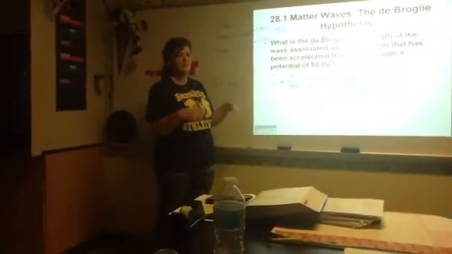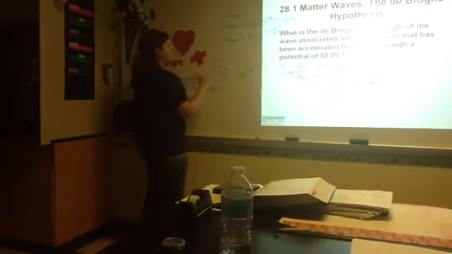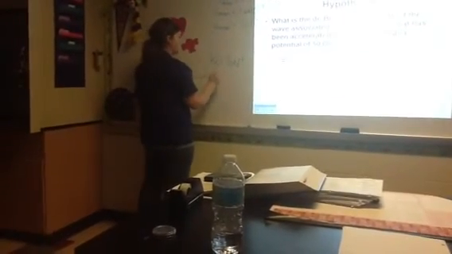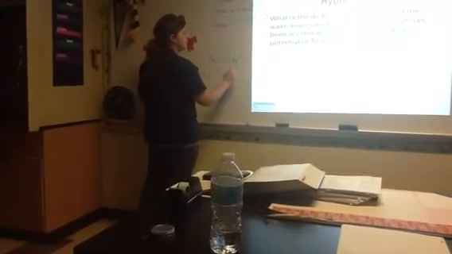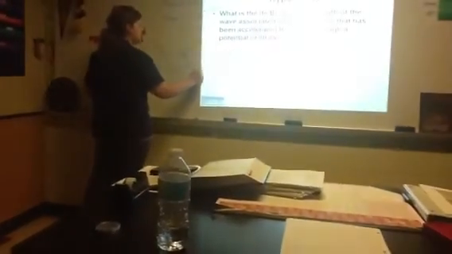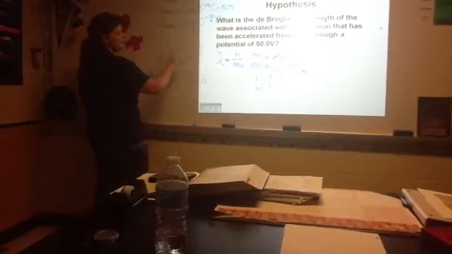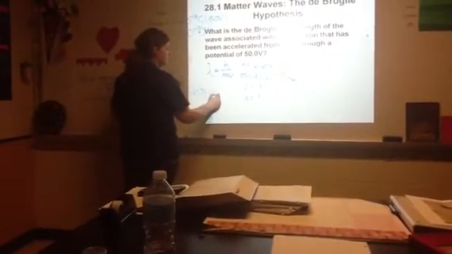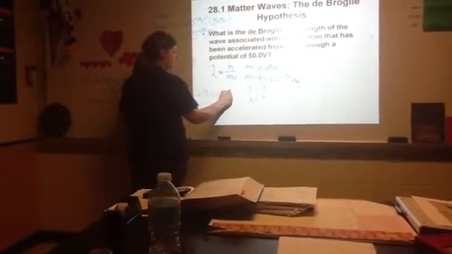So I have my kinetic energy, and let's plug that in. 8 times 10 to the negative 18th joules equals 1/2 times the mass of the electron, 9.11 times 10 to the negative 31st